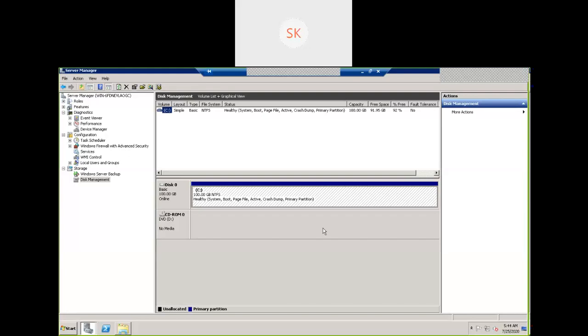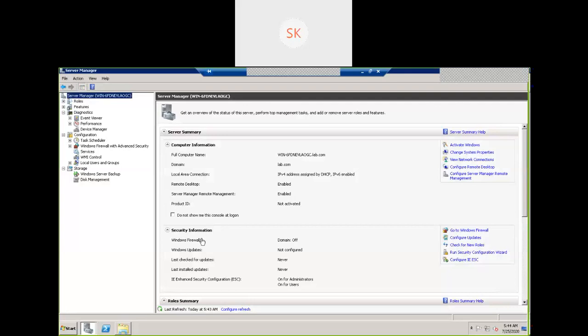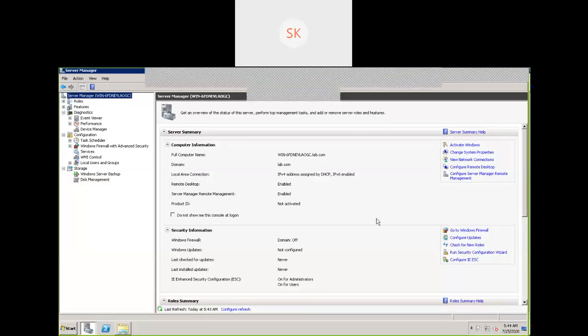Go to Server Manager. Which server is this, second VM or third VM? Go to VMware Workstation.